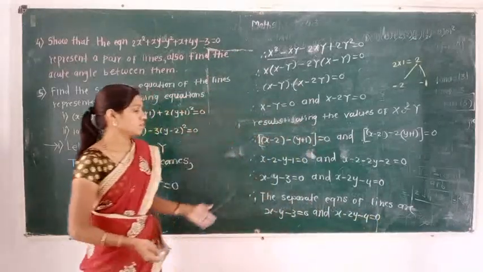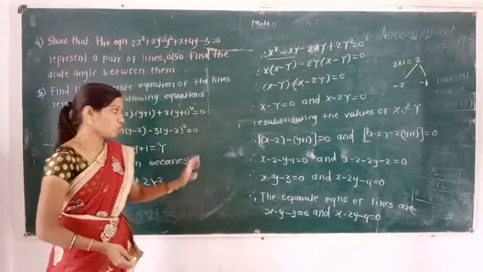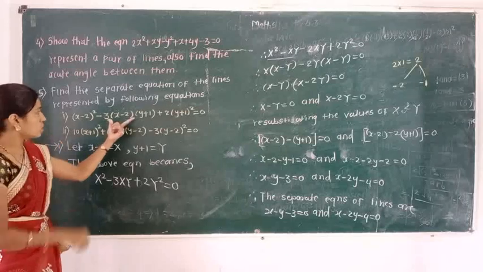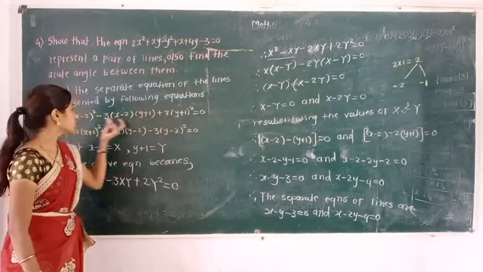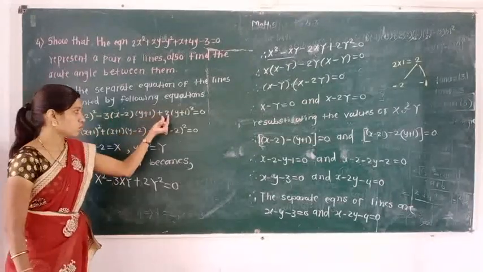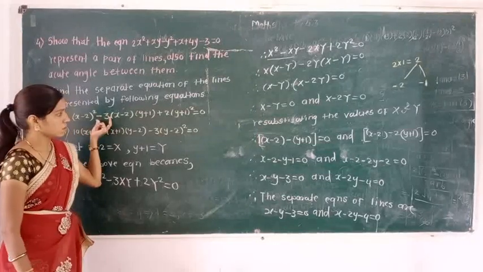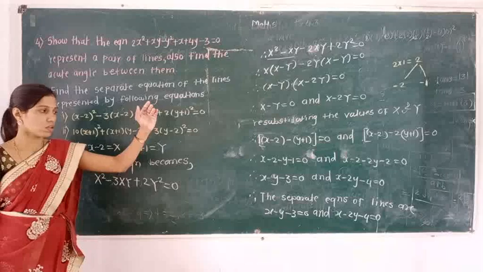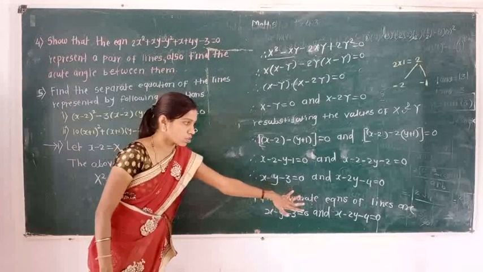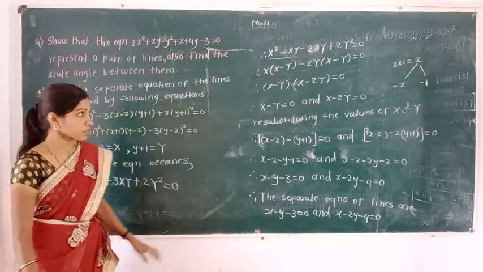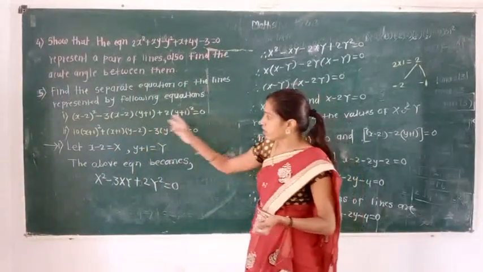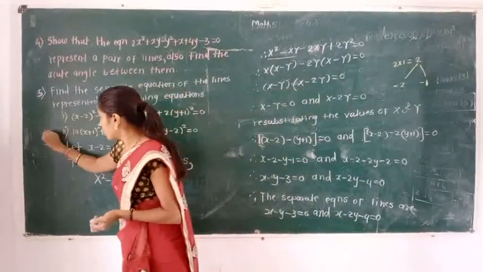Now for this type of question, the alternate method is to take it directly: the product of these two terms gets 2 and the sum is minus 3. You can directly use the factorization method, simplify it, and find out these two separate equations. Now the next example of the same type we can write for homework.